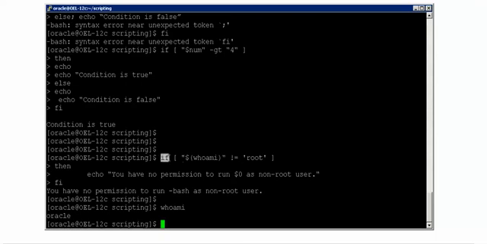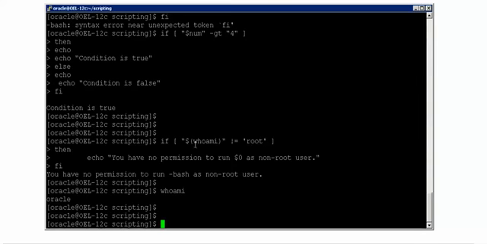So what happened here is, it checks if oracle is not equal to root, that's what comparison happened. Because it is not equal to root, that means condition is true now. Because the condition is true, it is saying echo, you have no permission to run. $0 will tell with what bash you have run. So bash as non-root user, because this has been run with the bash shell. So that's the reason you see $0 as bash. If you run this inside the script, you will get the script name there. Alright, this is how you can keep using if clauses.